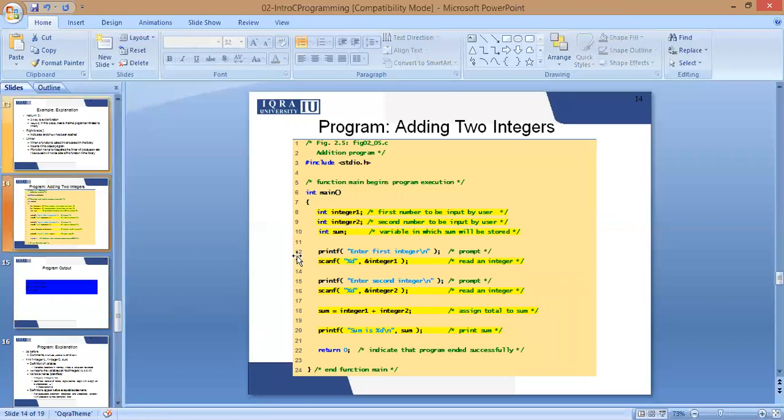Now, there is another program which is adding two integer values. This has already been explained. Let's move directly to line number 8, 9 and 10. Line number 8, 9 and 10 is now initializing a constant, a data type. Which data type is being initialized? int. What is int? Int means integer.